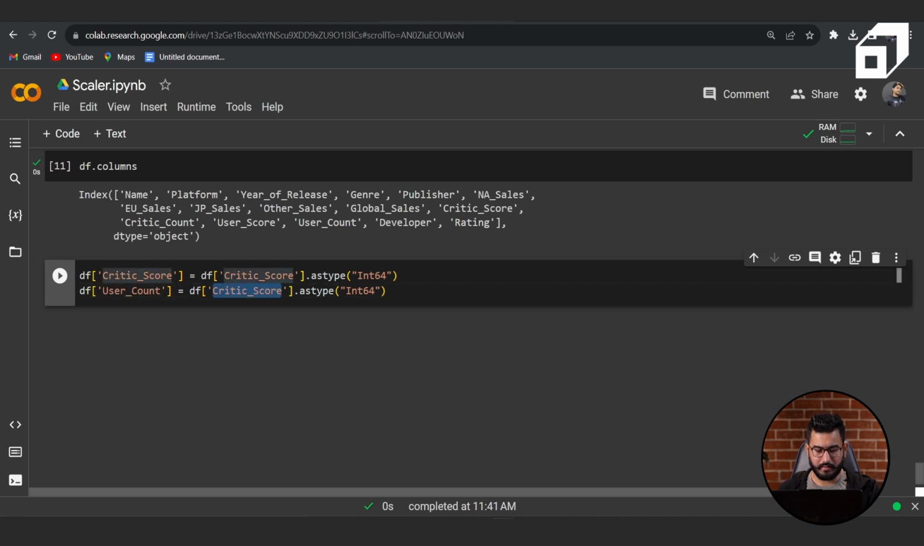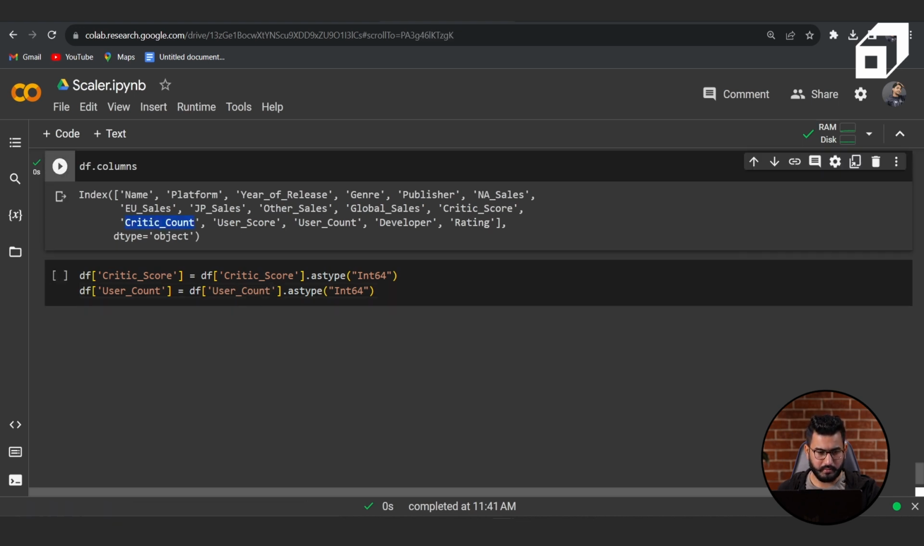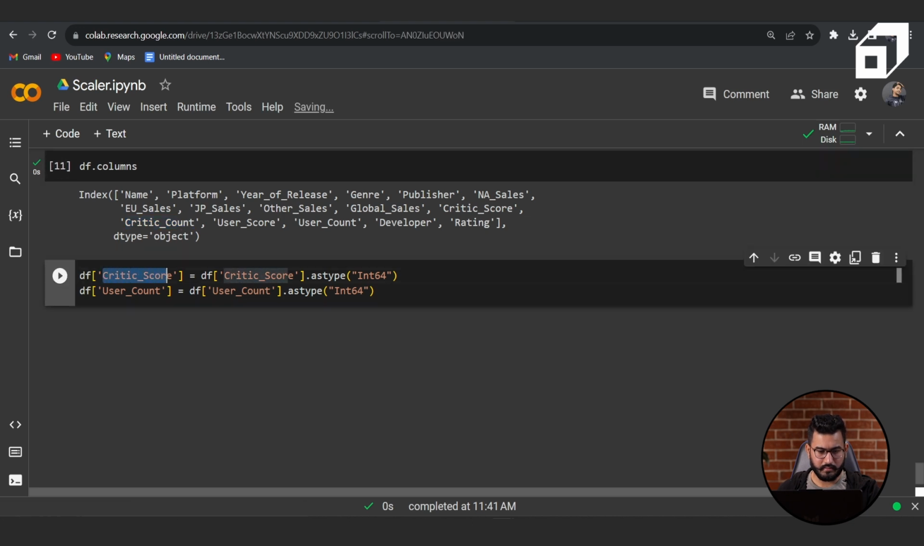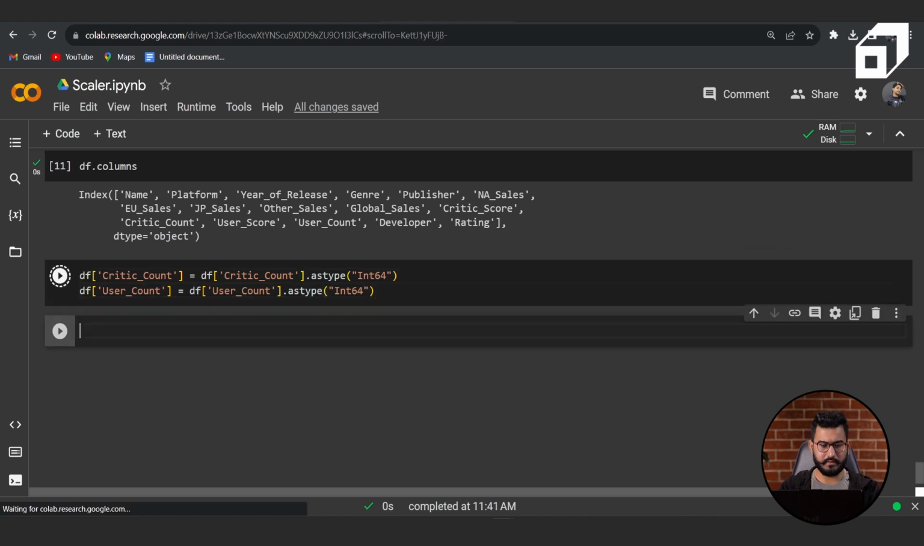I have made a mistake. I should be selecting critic count, not the critic score. So let's do that, and now we can execute both of them together. So if I look back at the head of the data,